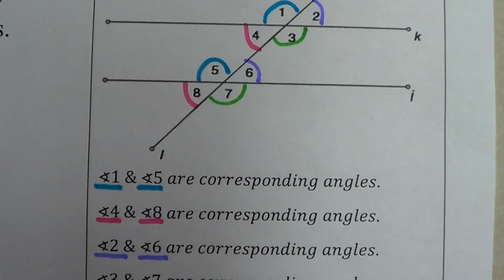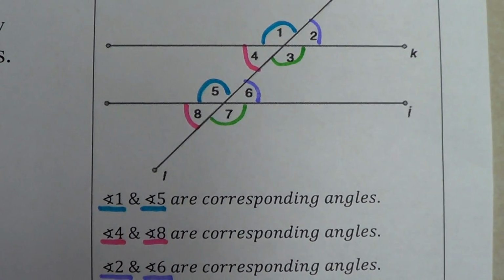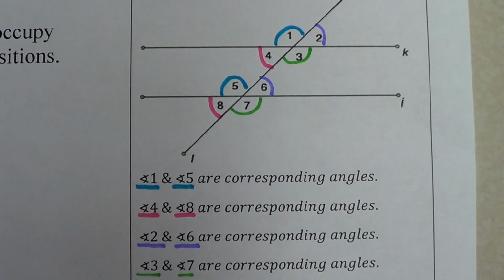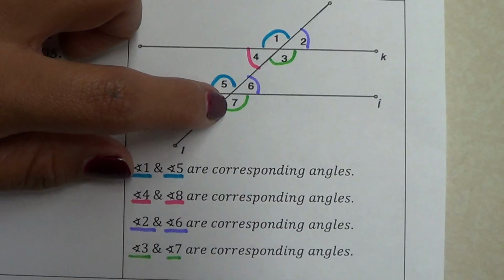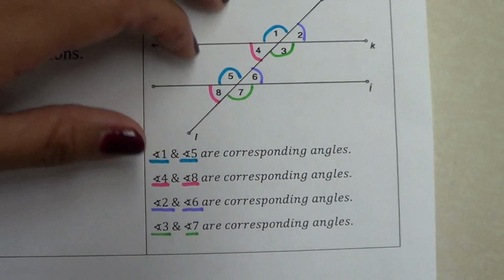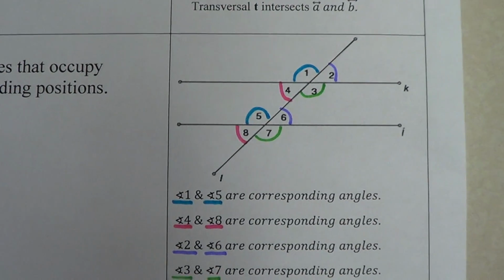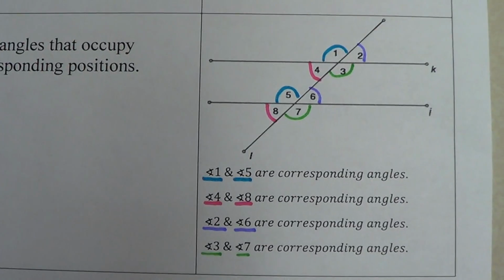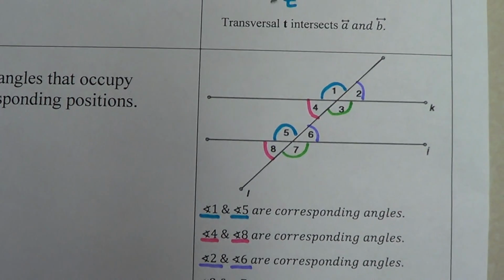Angle 2 and angle 6, they are corresponding angles because they are also in corresponding spots. And then lastly, angle 3 and angle 7 are corresponding angles, because they are also in corresponding spots. So those are what we call corresponding angles, and we'll talk about these in class. Okay? Now if you turn your paper over, I think it got copied upside down, but it's okay. Your next set of words are going to be